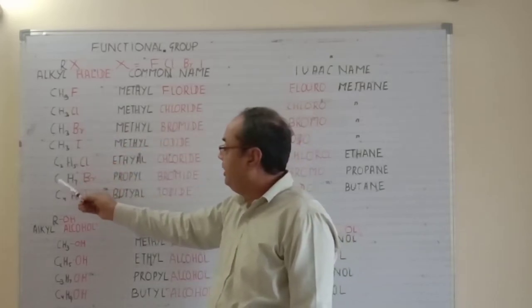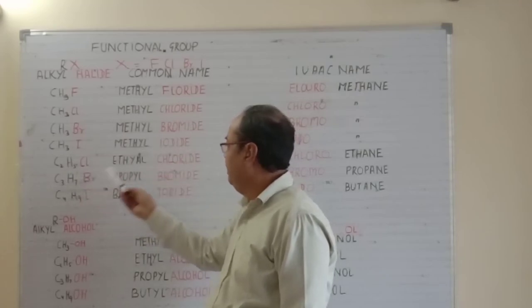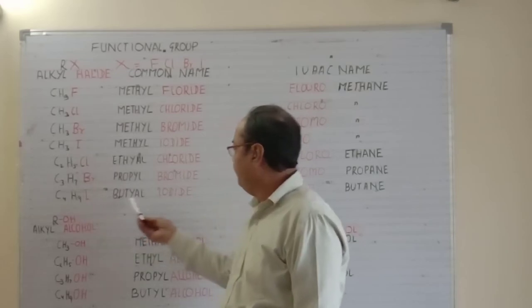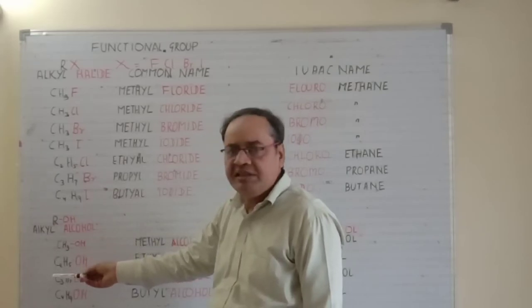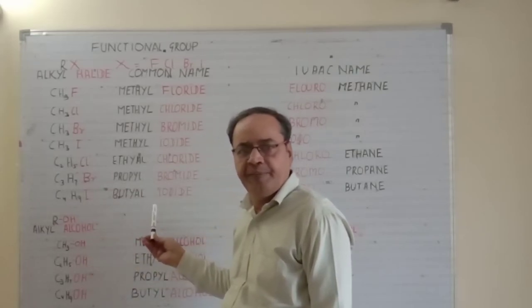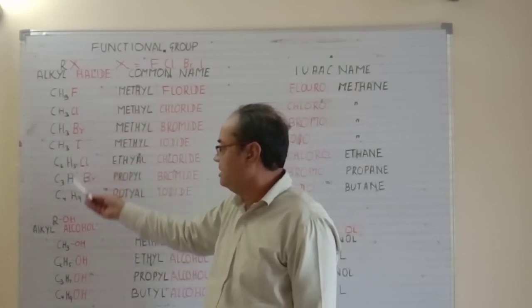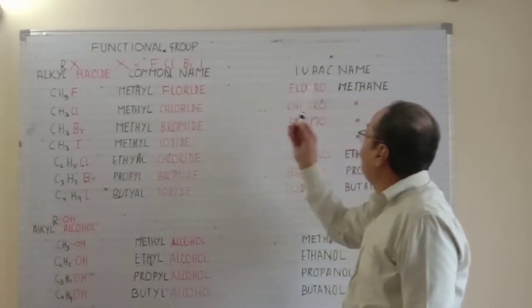Same way, if you are taking ethyl with chlorine, it is called ethyl chloride, propyl bromide with bromine, with iodine, butyl iodide. So now you can move with 5 carbon, 6 carbon, 7 carbon the same way. Since all possible groups are of 4 types, I am taking just a single one of these. So again, we have an IUPAC name.